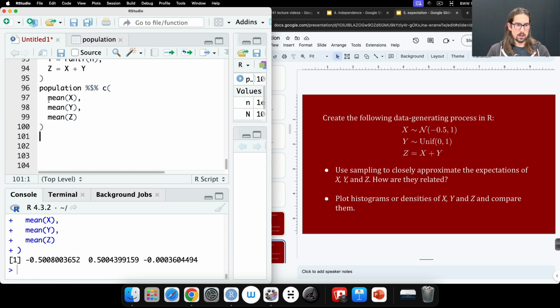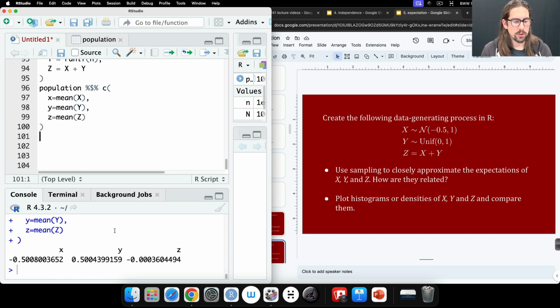Just so you can see it. There we go. Cool. So this is the expected value of x. It's about -1/2. The expected value of y is 1/2, and the expected value of z is approximately 0. And this is